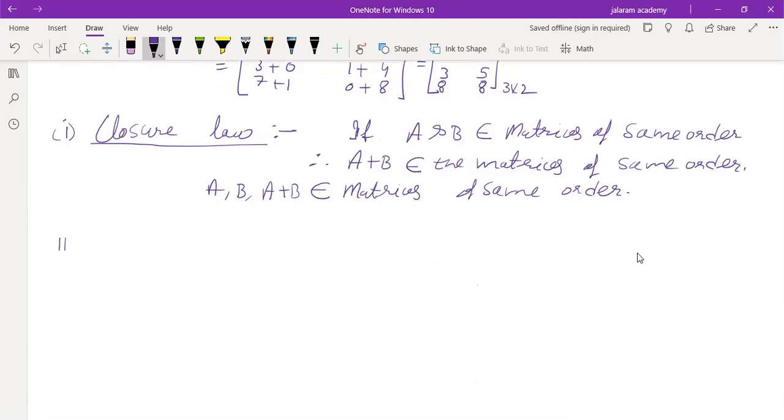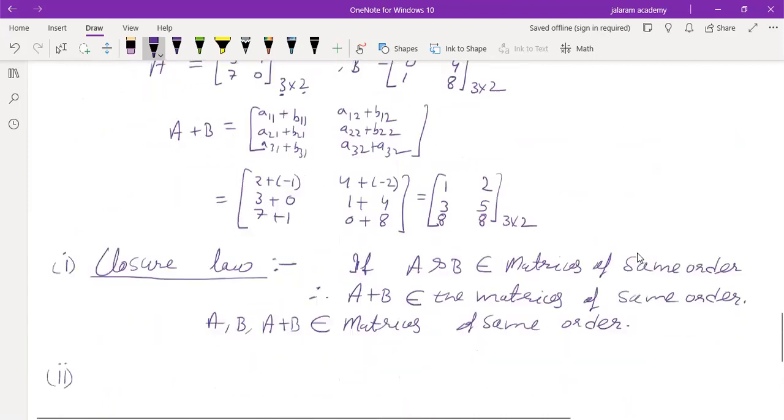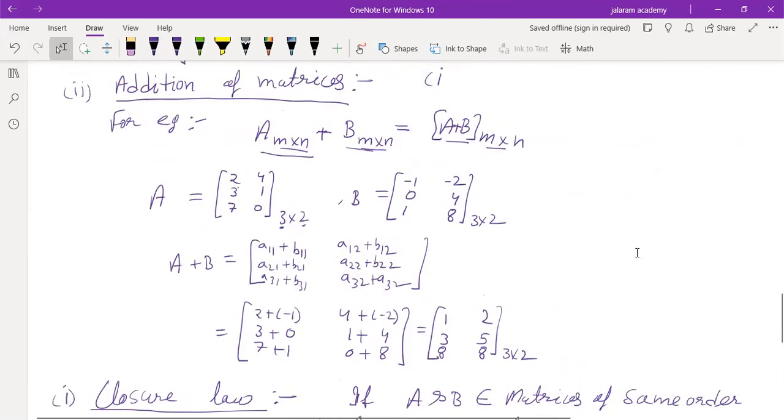Second law. So all these are the properties of addition of matrices. Is that clear to you? First law is closure law, in which we have studied that two matrices can be added only if their orders are same, and they are added in such a way that element to element are added. Means element of first row, first column of first matrix is added to the element of first row, first column of second matrix. If we consider that A11 is the element of first row, first column of first matrix, and B11 as element of first row, first column of second matrix, then they will be added to get element of first row, first column of their sum. Understood? And so on.